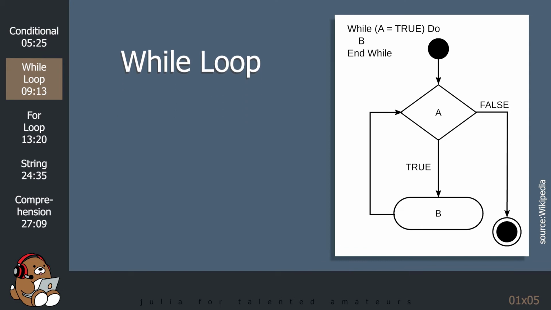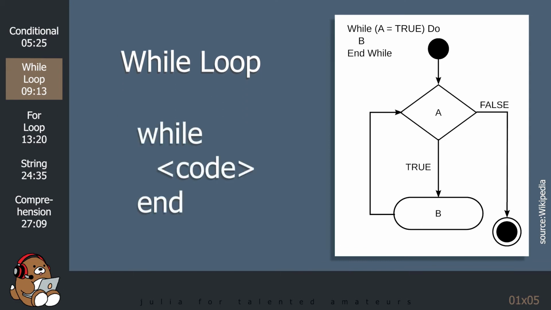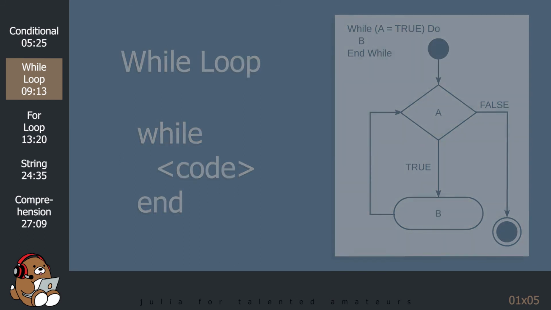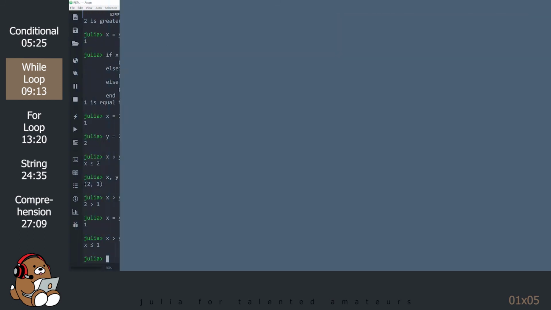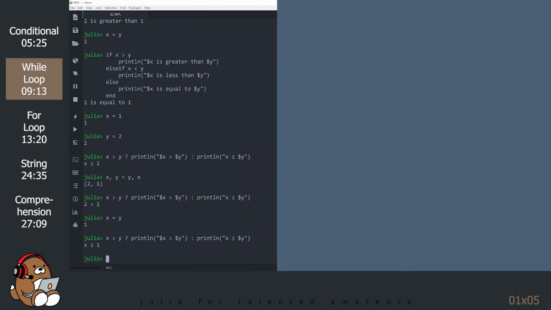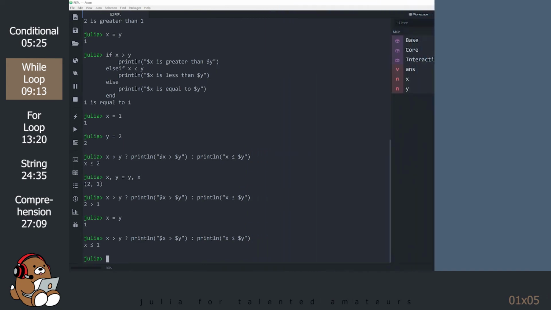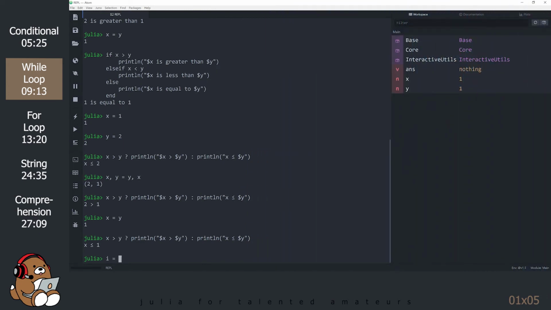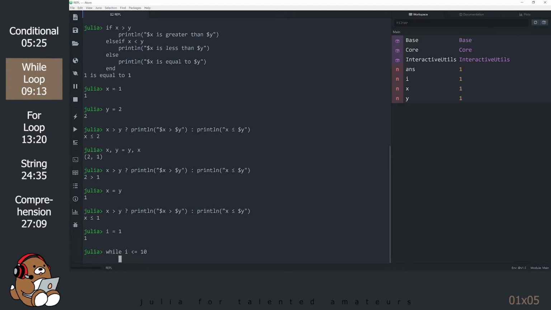A while loop is constructed using a while-end block, and it's made of 2 parts: 1, a header, specifying the Boolean expression to evaluate, and 2, a body, which is executed once per iteration. While loops require the use of an external counter. The convention is to use the variable lowercase i as the counter, although any variable name may be used. Here's an example of a while loop.